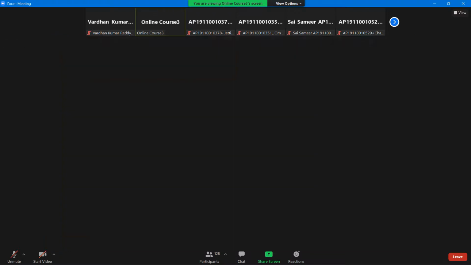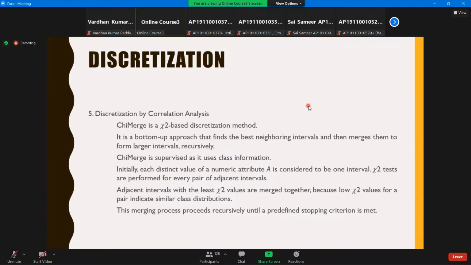So we'll try to find out the best neighboring intervals and merge them to form larger intervals. This chi-merge will make use of the class label information, and hence we call it a supervised technique. So how chi-merge is performed is, initially, for every distinct value of an attribute A, you are performing